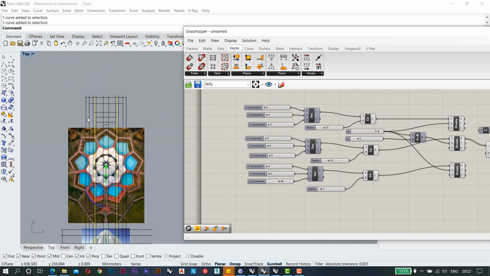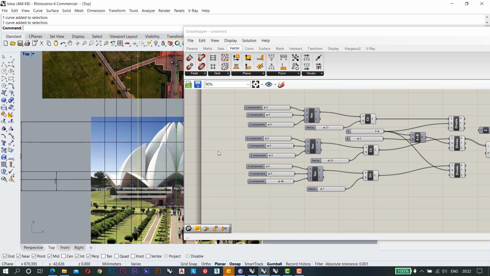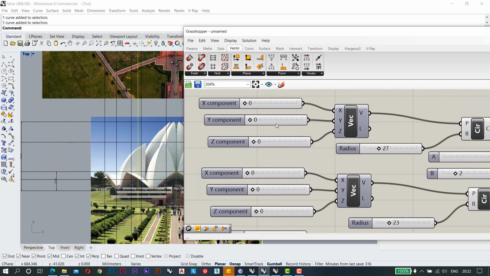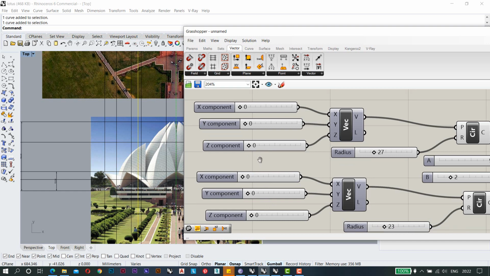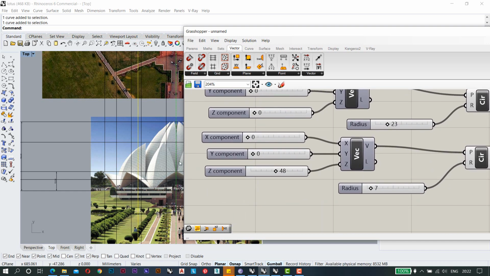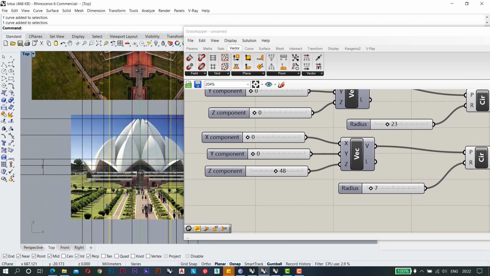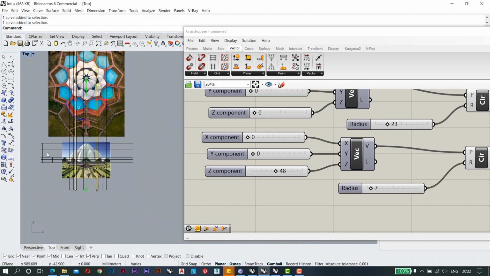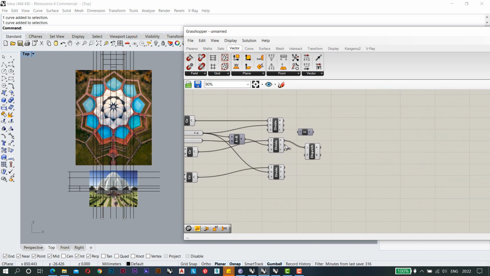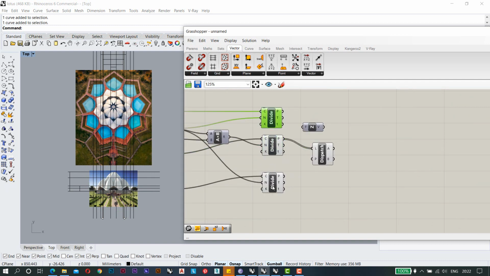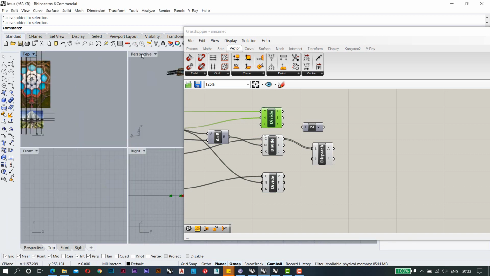Similarly we have taken the heights also. We have made these 2 circles, the arcs will be at 0 0, the z value will be 0, and the z value for the top point would be this much, which is 48. So I have taken already the dimensions here. So these are our 3 points which we have on the circles.